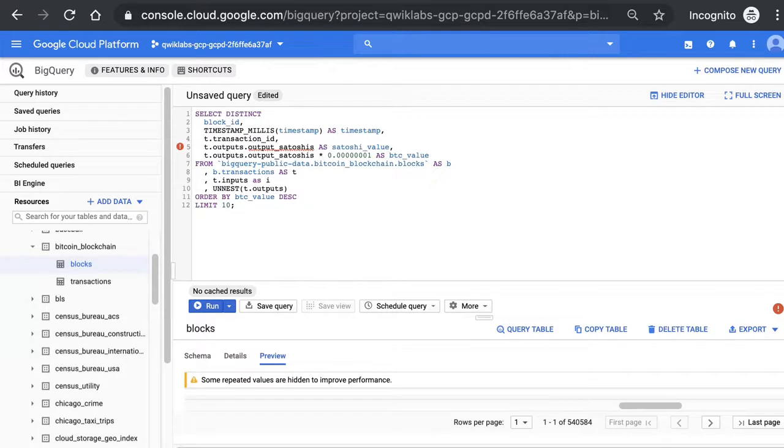How do you break it apart? You use unnest. Give it a creative alias. I put some notes in the demo about making sure that you have correct aliases. And knowing that this is inside of our data set, it's blocks.transactions.output. Anytime you're talking dots, you're using a lot of structs inside of your data set, which helps you with